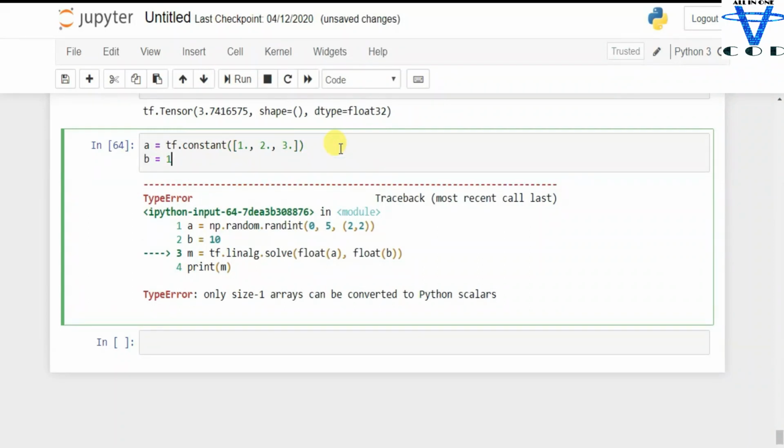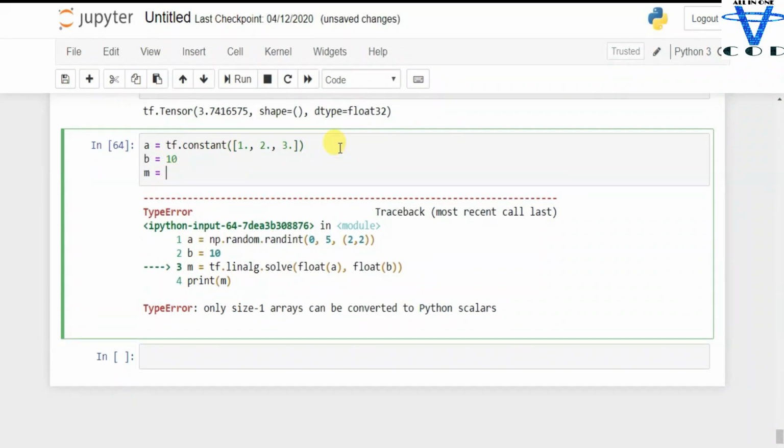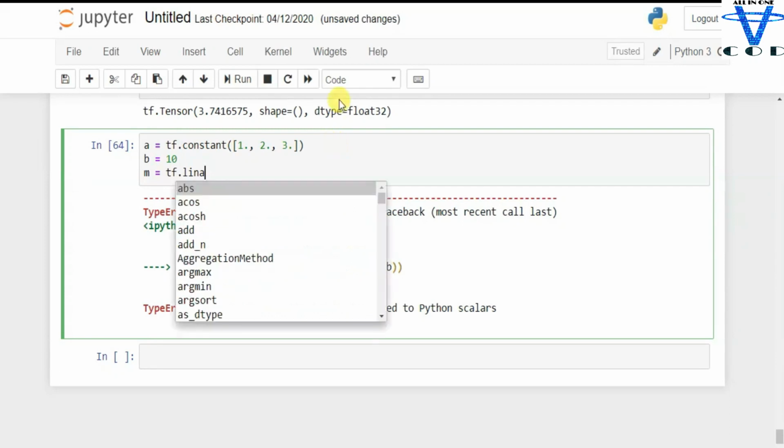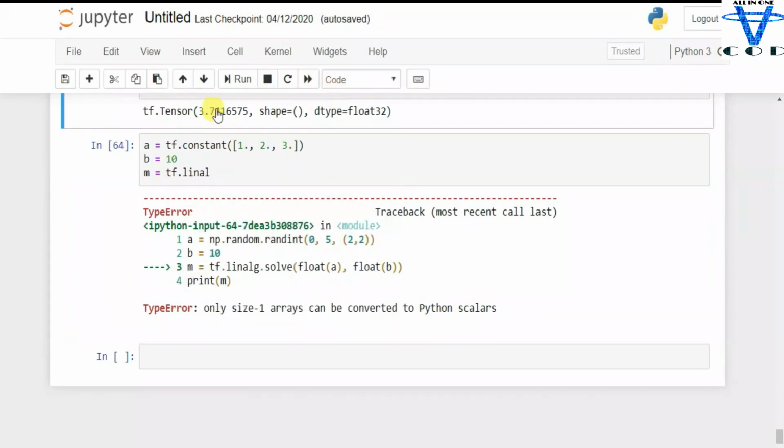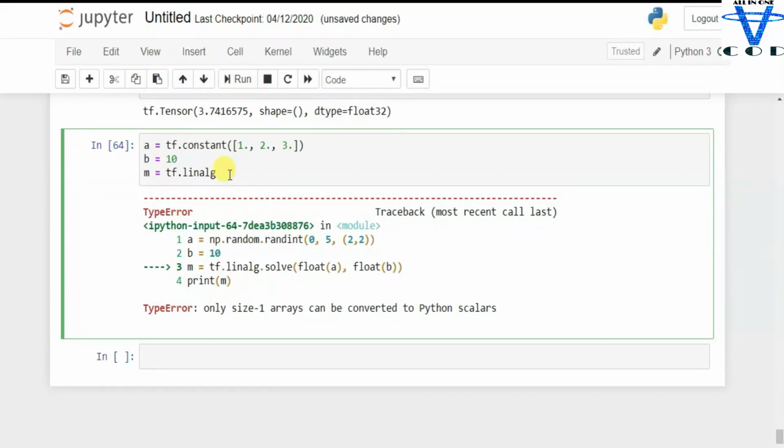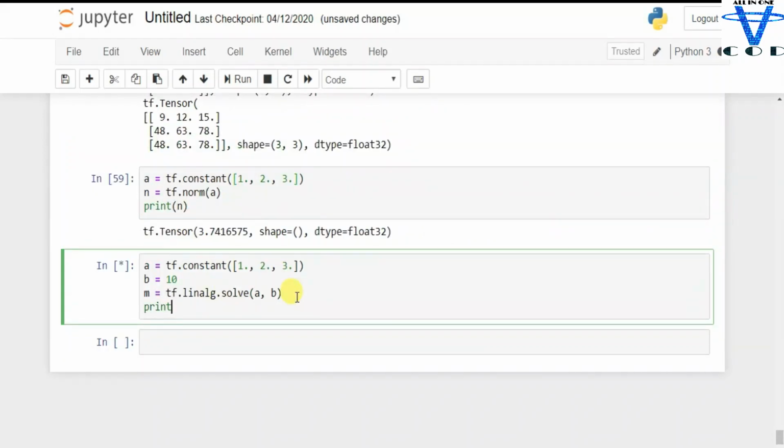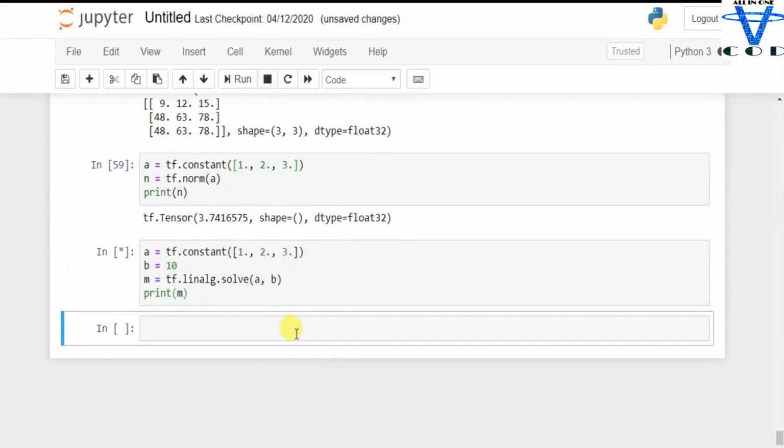Okay, b equal to 10, m equal to matrix solve, tf.linalg.solve. Let's pass a and b, and I forgot to print the m.